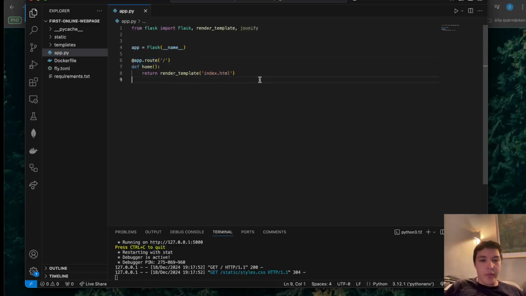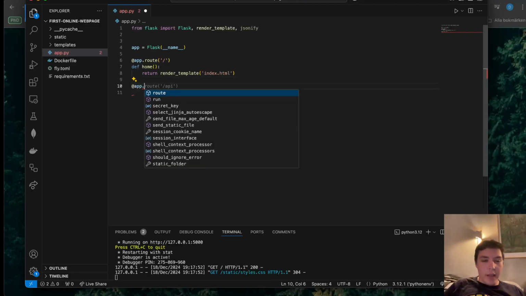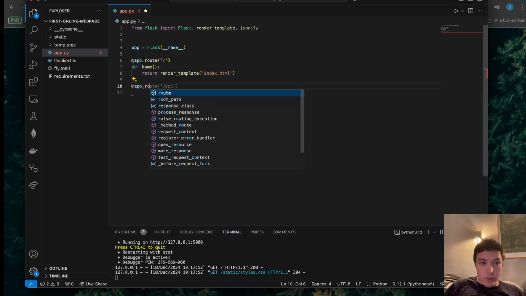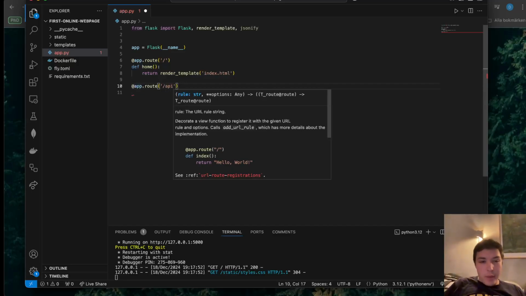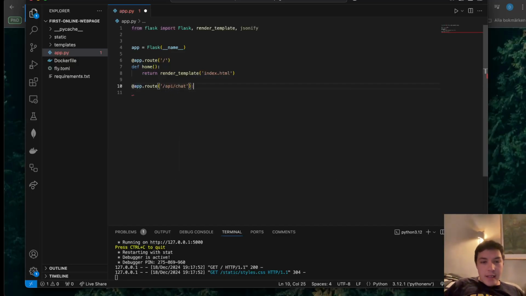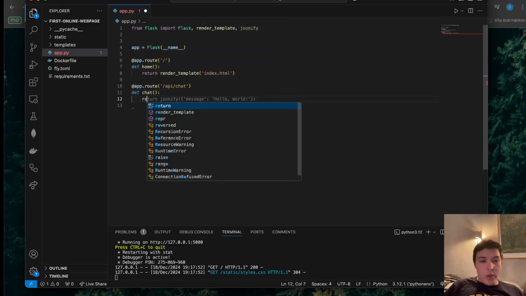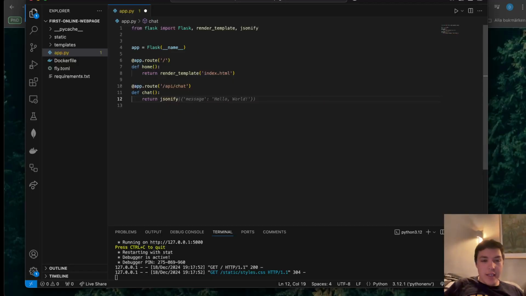So let's first define another route. So in Python, we define a function with a def keyword, or define. So we will first write to our router in the server, the Flask server, where should we serve this route. So let's serve it under /API/chat, and we'll just make a function called chat, and we'll just return in JSON